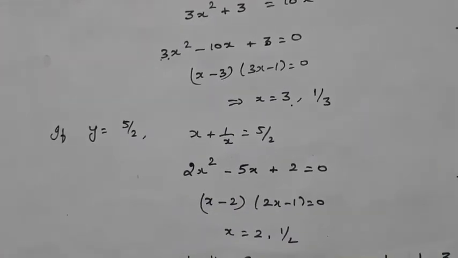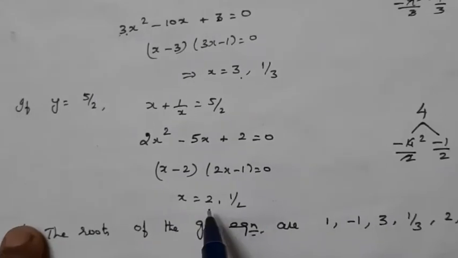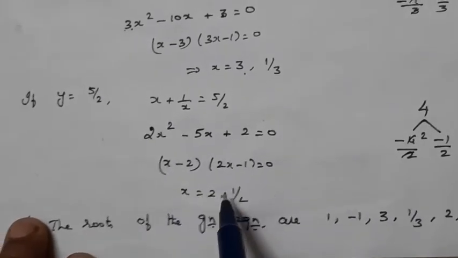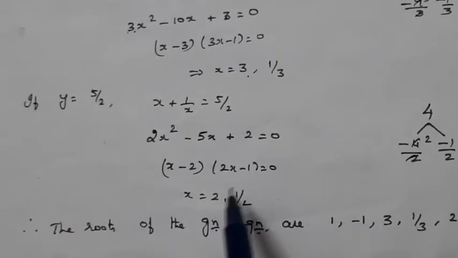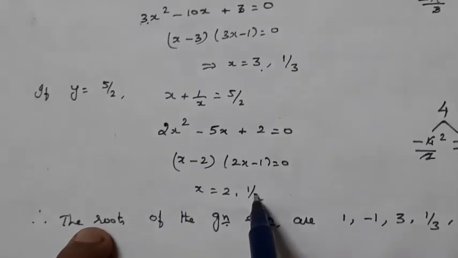Okay. Now let us check here. If it is minus 5, here 2 and 1 by 2. If it is plus, it will be minus 2 and minus 1 by 2. Like that you have to write down the equation if it is a 1 mark.